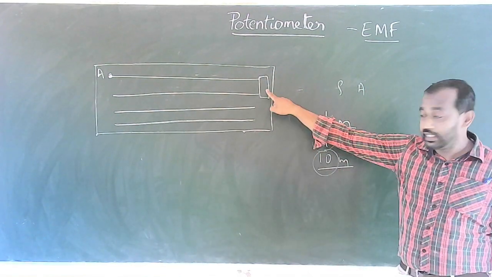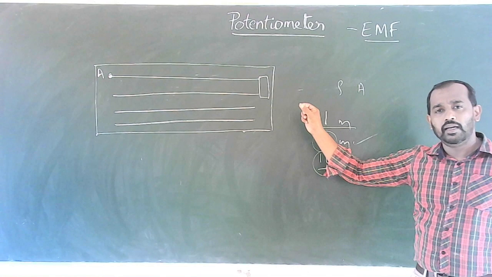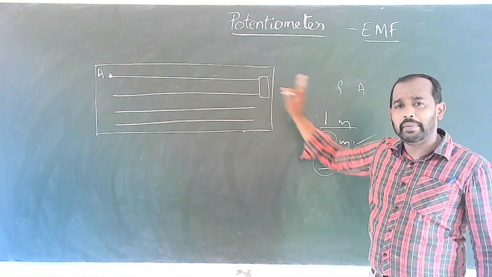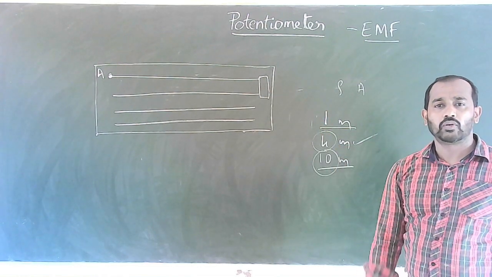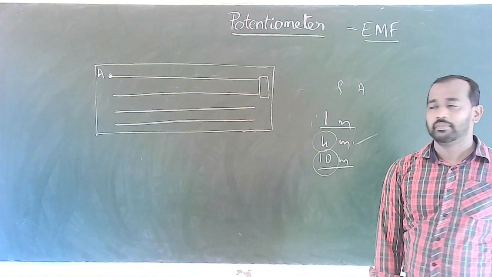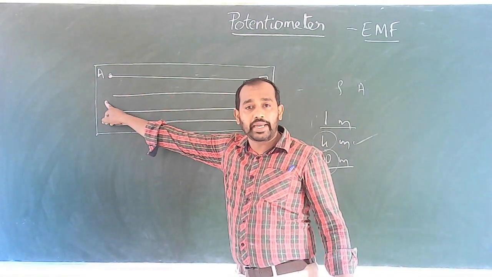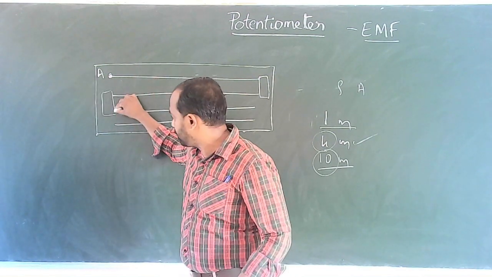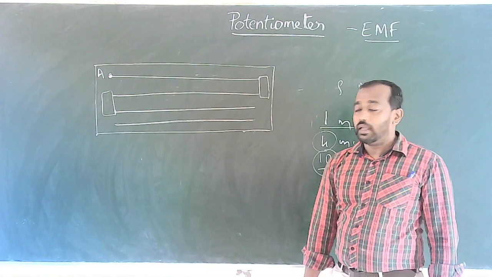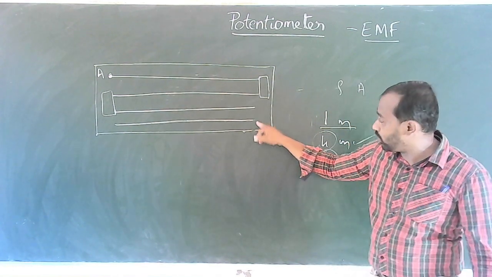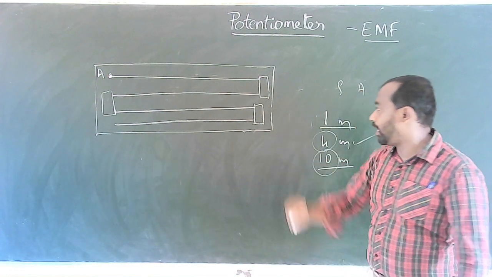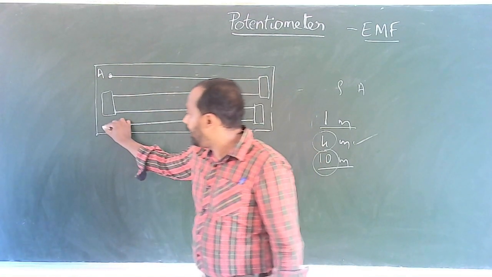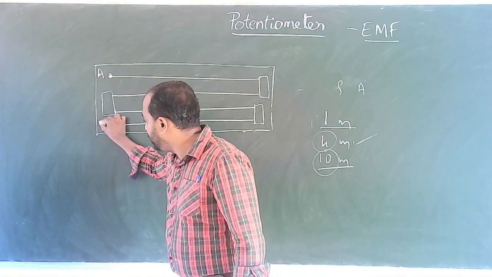Obviously, because of the larger area of cross section of this metal strip, its resistance is negligible compared to the resistance of the wire. So this metal strip does not make any difference to the total resistance of the potentiometer wire. Then at the end of the second wire, the third wire will be connected with the help of another metal strip like this. At the end of the third wire, the fourth wire will be connected again with the help of another metal strip. Finally, we will get the end point. Let us represent it as B here.